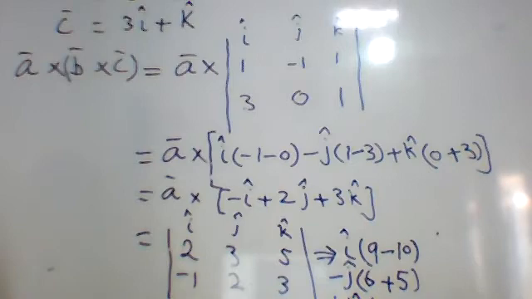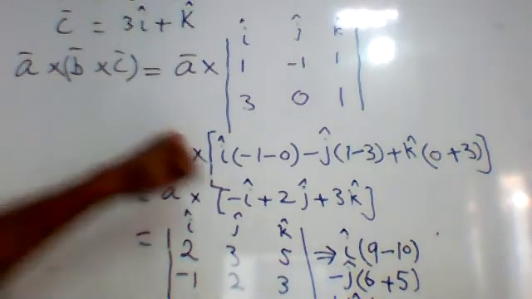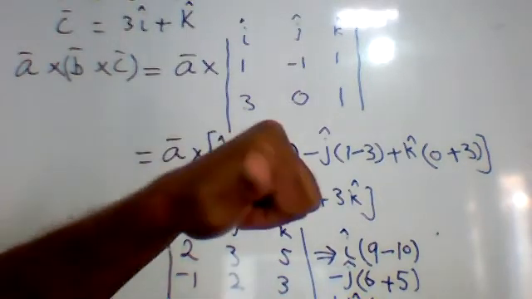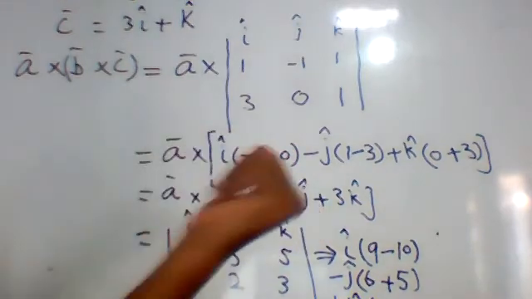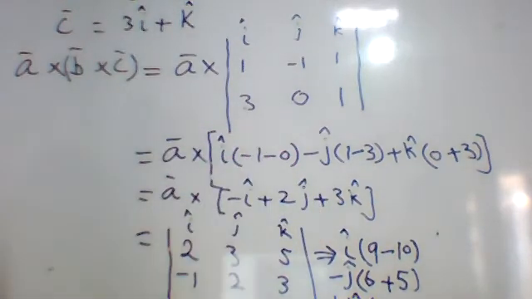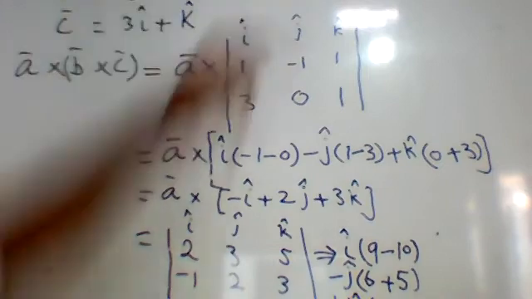You know that A cross B is not equal to B cross A. We can't change the order. If we change the order, it will become minus: the opposite vector, the same magnitude but the opposite direction. If A cross B is a vector, for example outside the board, then B cross A will be inside the board. The direction will be opposite. Okay, that is the vector triple product.